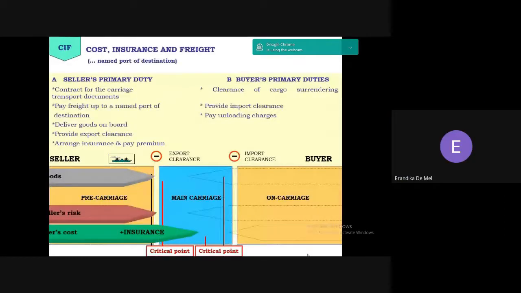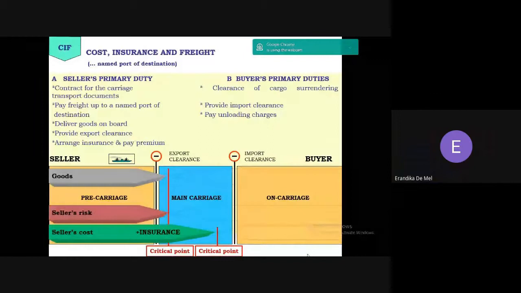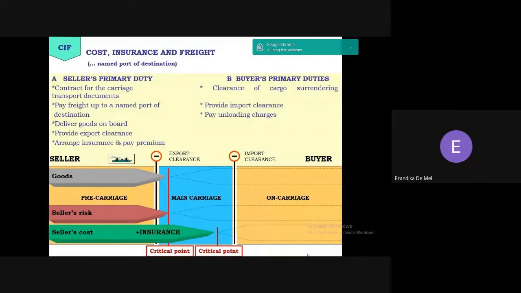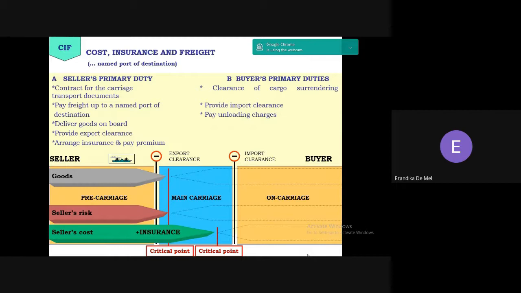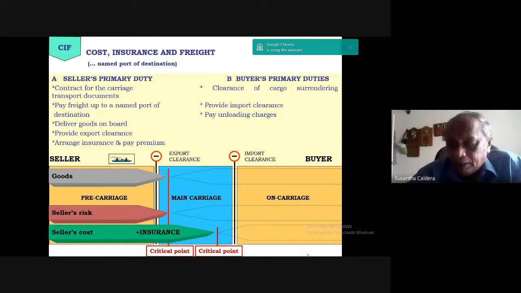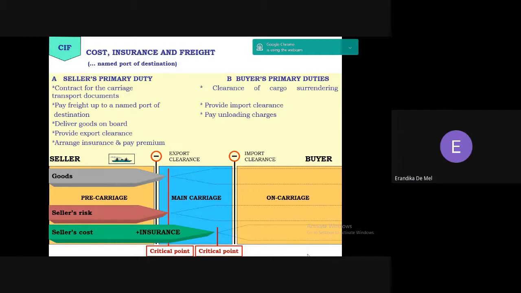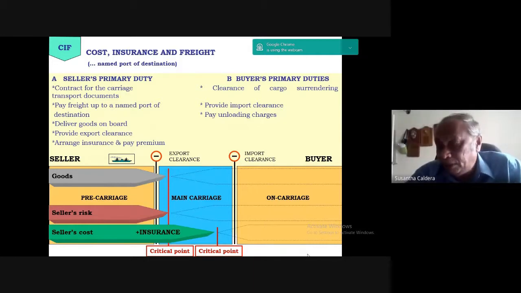Sorry for disturbing. What is the issue when using the FOB Incoterm when it comes to containerized cargo? You said not to advise customers to use FOB for containerized cargo. Okay. Can I have your name? Erandika. Now tell me, Erandika,